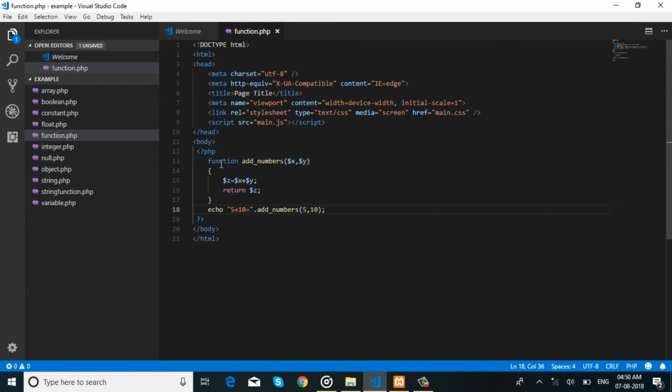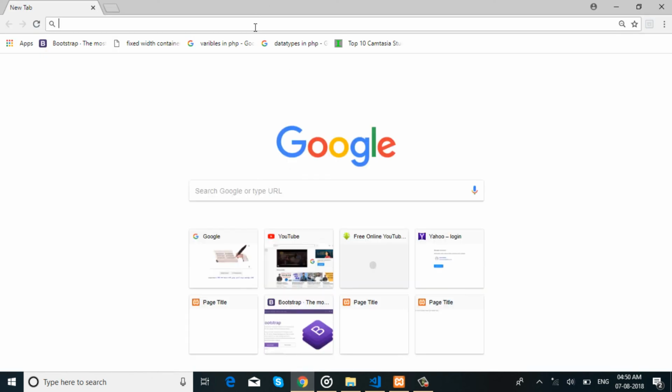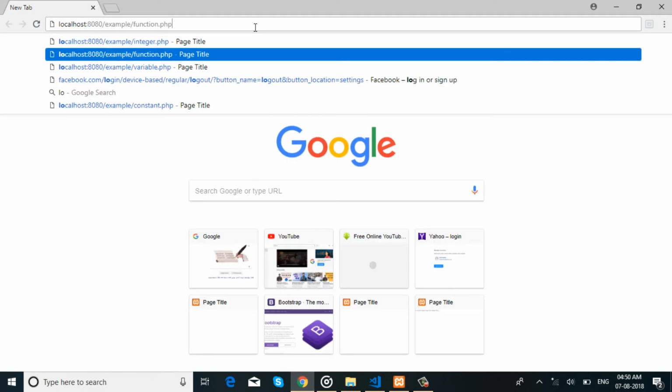Save the code. Let's run the program. The output of the code will be 15.